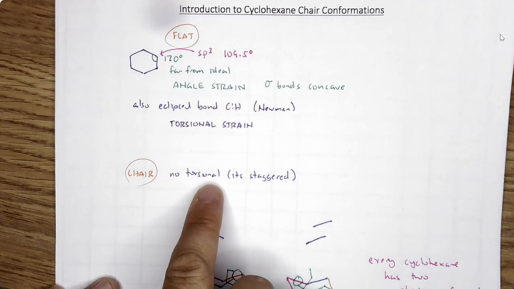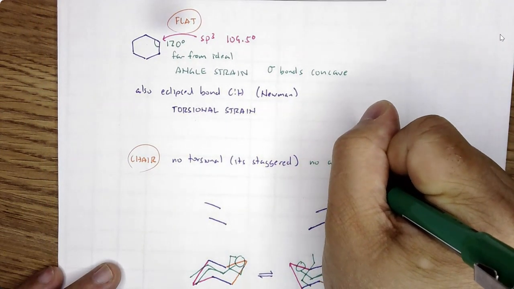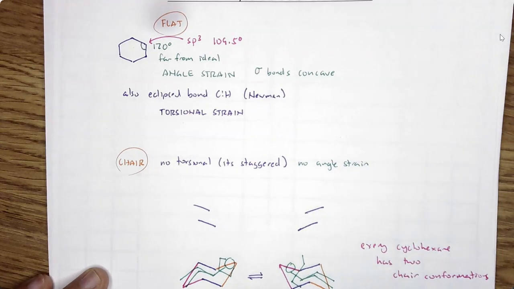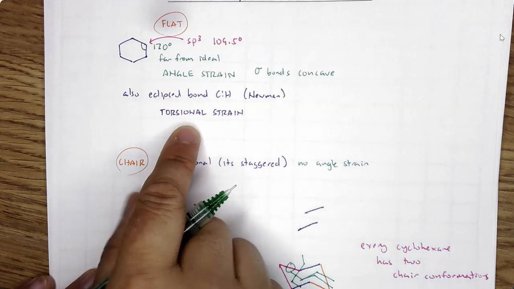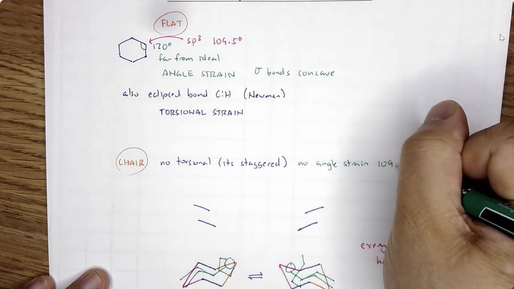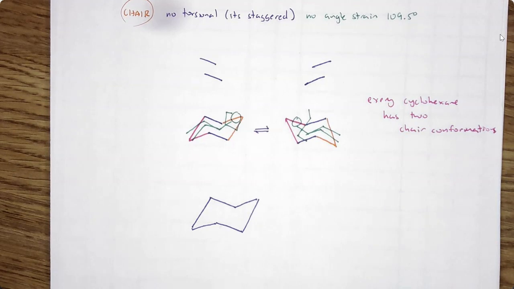So let's add that here actually. No angle strain. Beautiful. We eliminated all the angle strain. We eliminated all the torsional strain. There's no angle strain because now every carbon has a bond angle of 109.5 degrees. Okay, enough